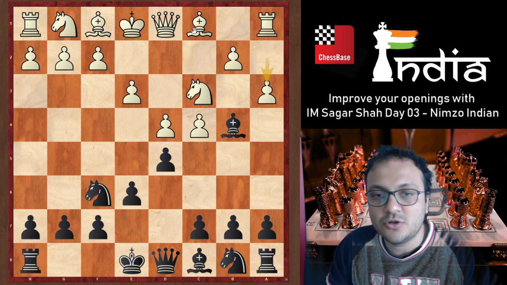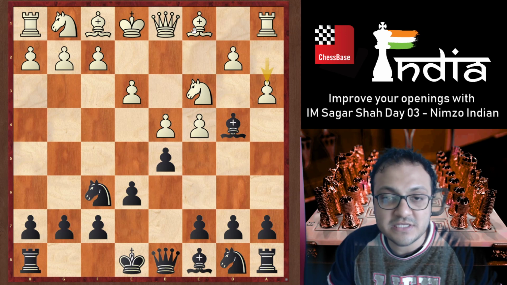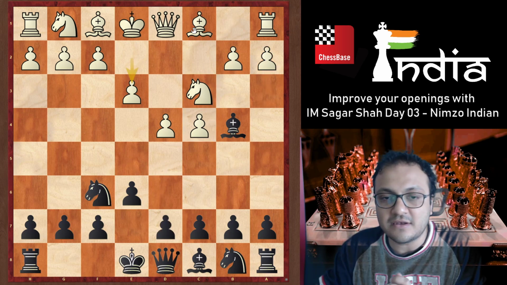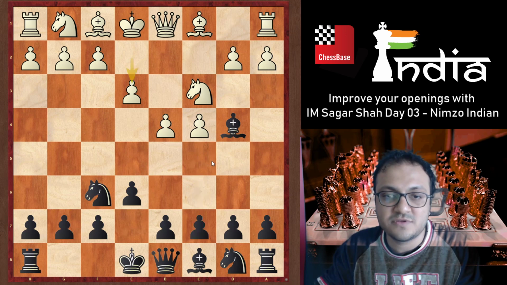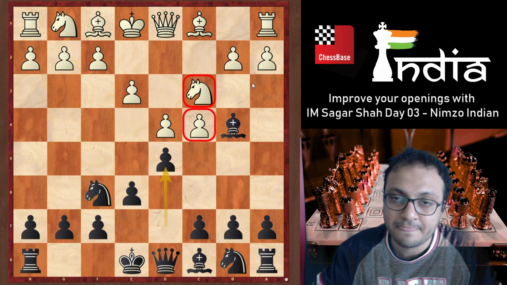And this is also my recommendation for someone who's playing with the white pieces, but also with black. I just want to show you this entire theme, because we will look at e3 c5 soon, but I want you to also have a look at d5.